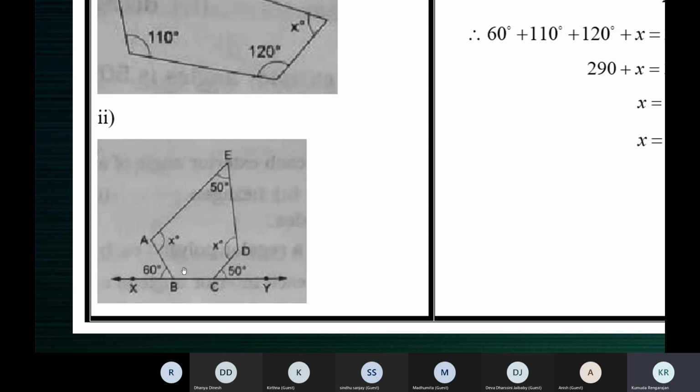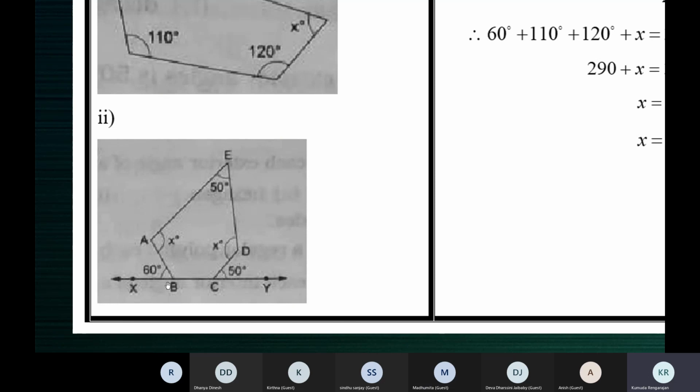But what do we know? The sum of this interior angle and the exterior angle. For this interior angle, this is the exterior angle. See, they lie on a straight line. Interior and exterior angles lie on a straight line, and on a straight line the angle is 180 degrees. If the exterior angle is 60 degrees, how much will be the interior angle? 180 degrees minus 60 degrees, which is 120 degrees, ma'am. Perfect. This will be 120 degrees.